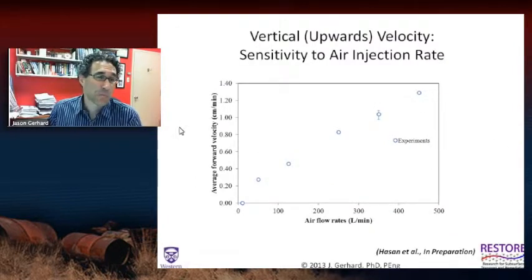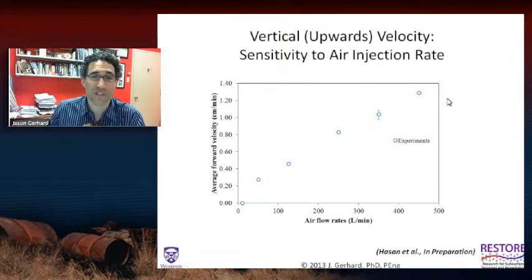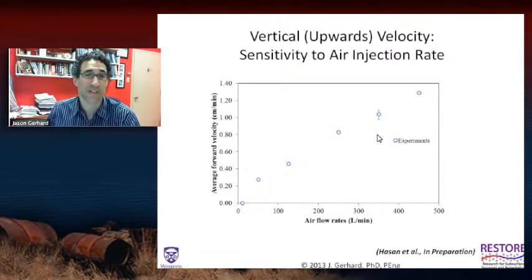So here we're going to plot average forward velocity. Now this is the same as we looked at with the column experiments. This is the forward velocity going straight upwards out of the reaction zone as a function of airflow rate. We've now done 6 airflow rates. And what we see is, again, a very strong linear relationship. Same as before, when you increase the airflow rate, then the rate of upwards vertical propagation velocity is increased in